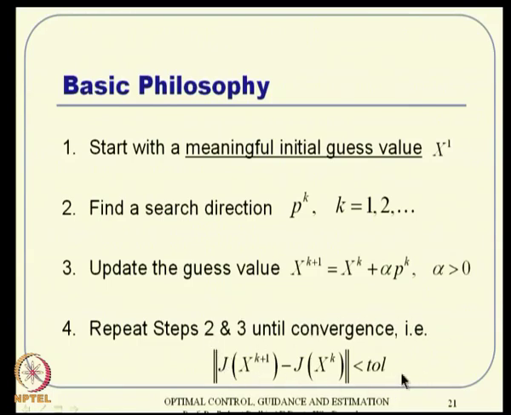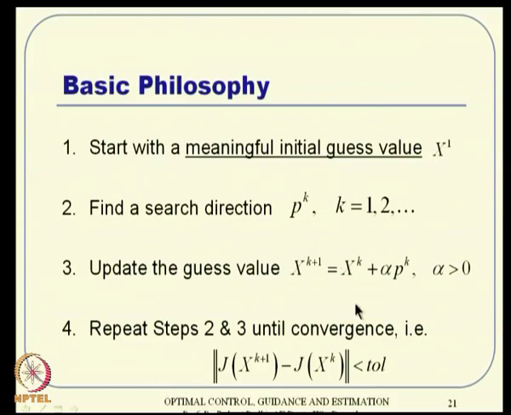You have to keep that, because the search direction happens to be very local. That means the direction does not remain the same as you take a baby step in that particular direction; the direction of further descent actually happens to be different. So, that is the necessity of doing repeated calculations of steps 2 and 3. If the direction remained unique, you really would not have to search other directions.